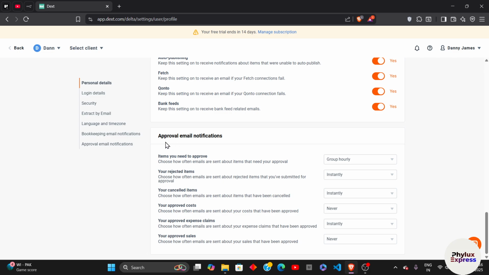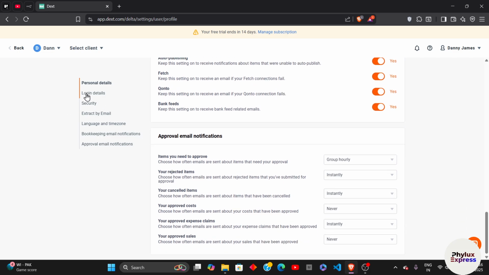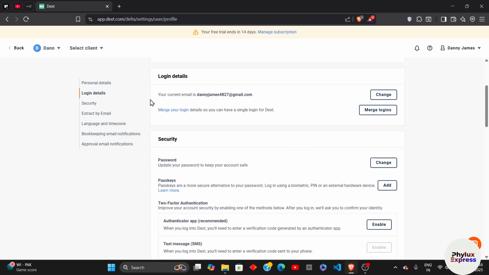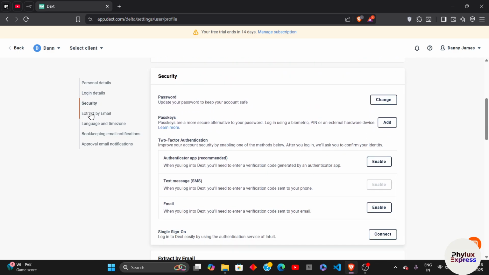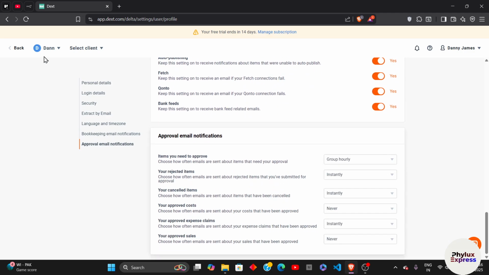And when you go to this approval email notifications, here you will see all the email notifications about the approval, like the approval cost, the approval sales, your cancelled items, rejected items, and many more. And on the left side, when you click on login details, here you can see the login details, the security, extract by email. Basically, these are all the features that I showed you now. And when you go back to the home page,